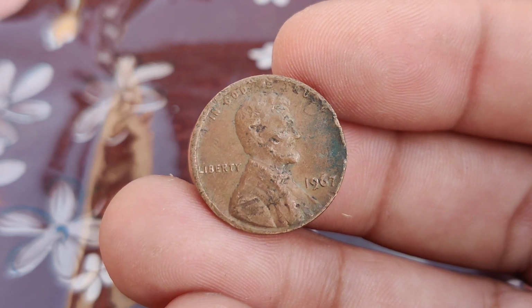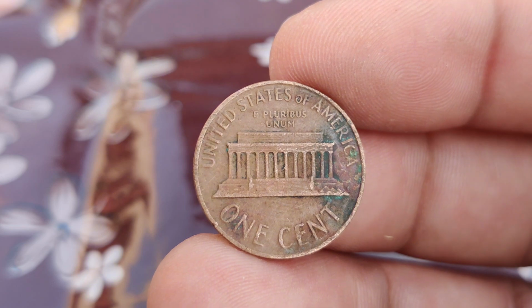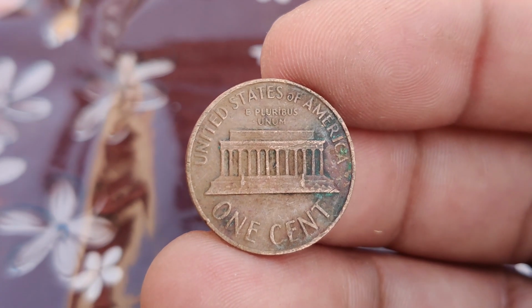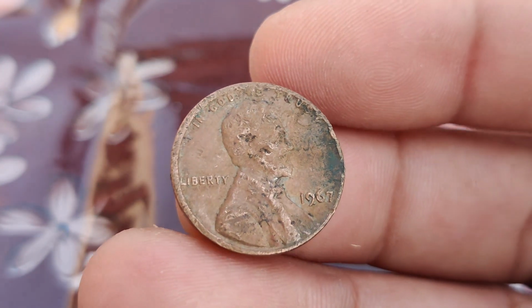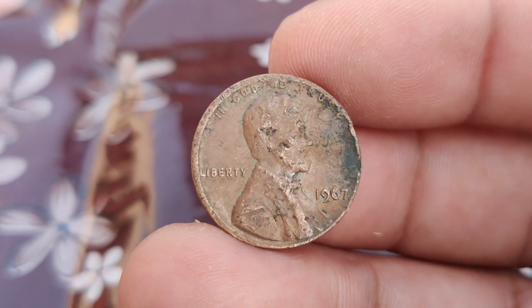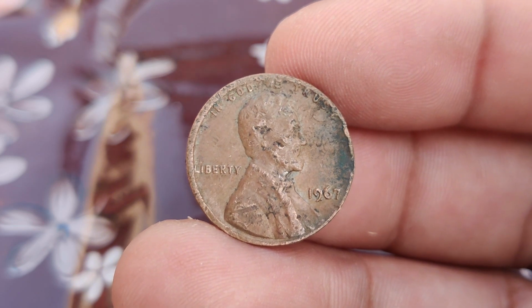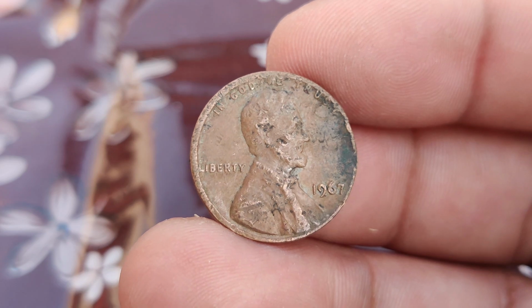Now, let's talk about the current market. The world of coin collecting is ever-changing, and certain coins can gain value over time due to shifts in interest and market demand. Online marketplaces and auction houses can be great places to gauge a coin's value and even find potential buyers. Coins like the 1967 Lincoln penny, with its intriguing marks, might attract collectors who specialize in unique or